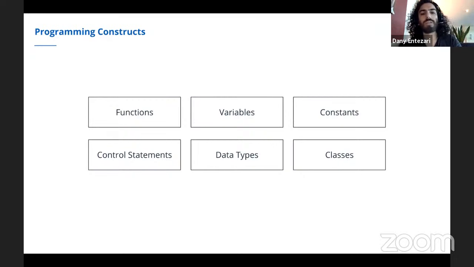You have quite enough knowledge with the first five. Okay, but it's important for you to know that this is it. These are the building blocks. Whether it's Python, whether it's Java, whether it's Ruby, whether it's JavaScript, all programming languages will have these same programming constructs.